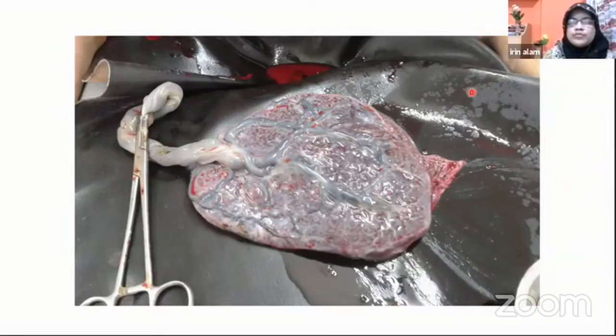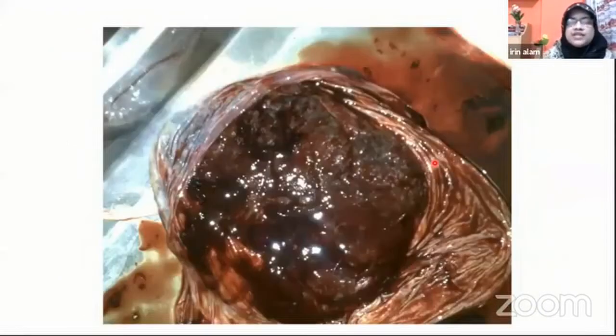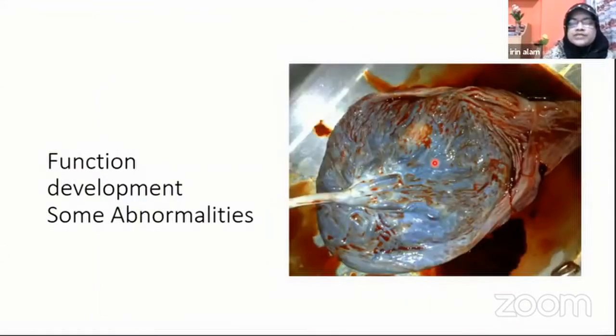There may be an extra lobe of the placenta, which may be retained within the uterus, and there may be PPH if it is retained. Other abnormalities of placenta may be placenta previa, in which placenta is situated in the lower part of the uterus, partially or completely. There may be abruptio placenta, which means separation of a normally situated placenta before delivery, before term. This type of question may come from placenta.